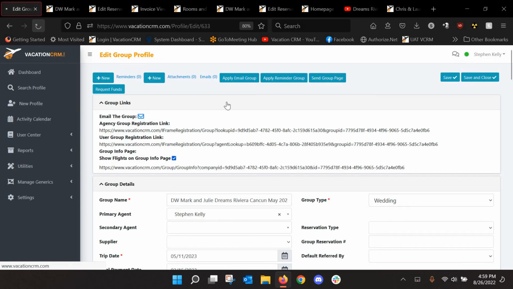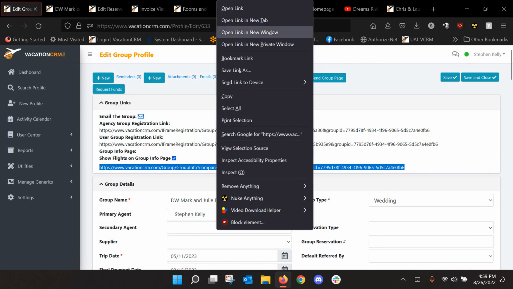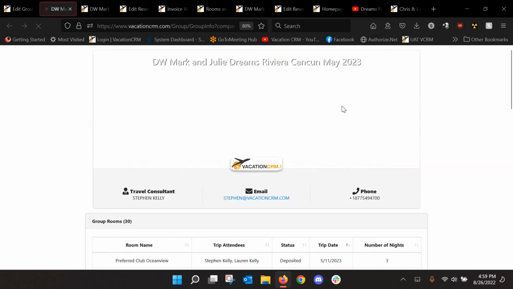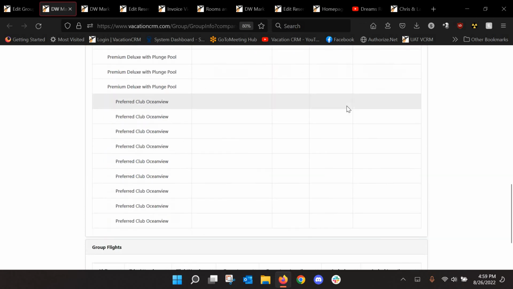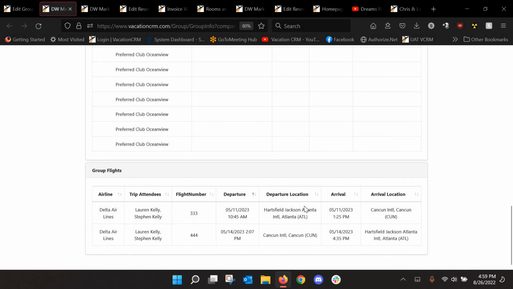And then we'll go back here and just refresh this. Now if I click on this, you can scroll to the bottom and it'll show the group flights. So you could send this to the supplier or the transfer company so that they can scroll to the bottom and they can see,